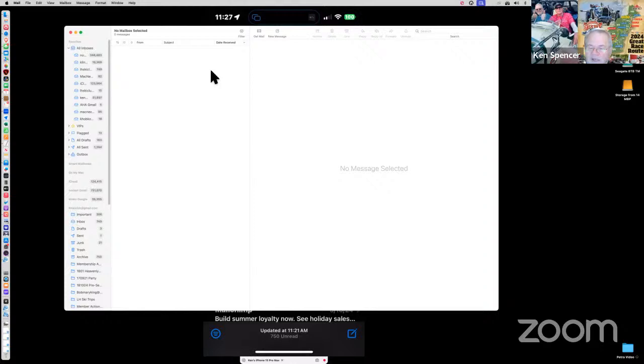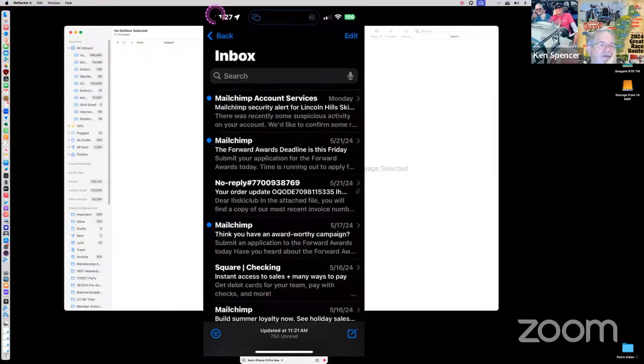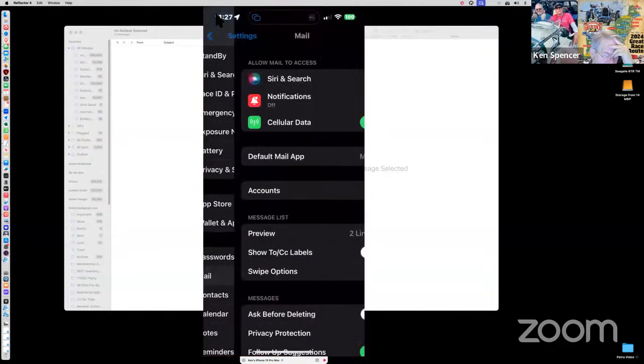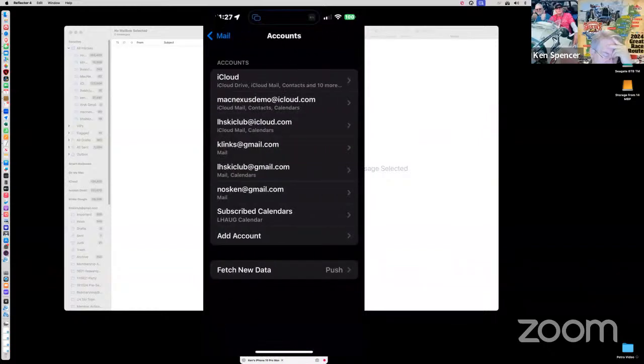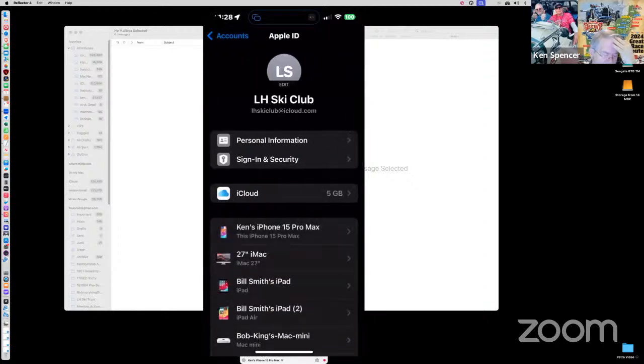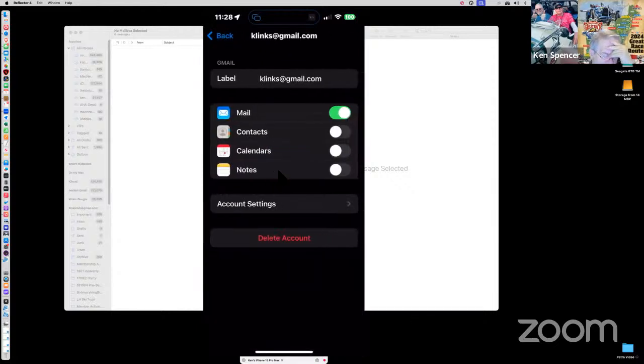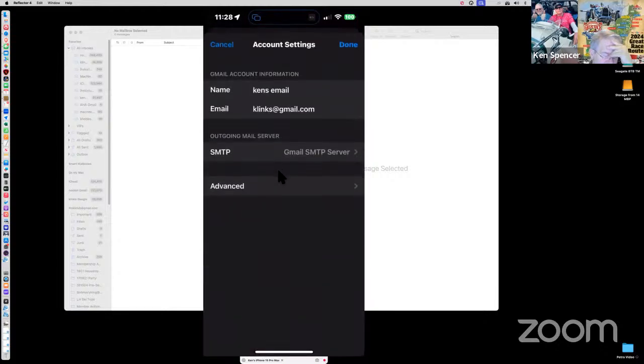Filters. We talked about junk. So this is one thing on your junk folder. Let's go back to our mail settings on both devices. We'll do the iPhone first. So if I go here to the iPhone, I come down to mail, I come down to accounts. Now all of these settings are per account. So I'm going to go back to our iCloud account, and then I'm going to click on, actually that won't do it. Hang on. Go to a Gmail, we go to account settings, advanced,